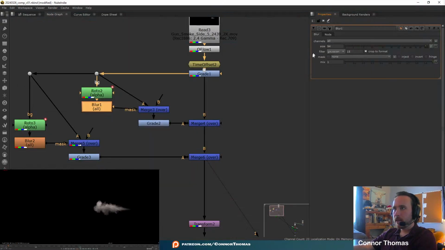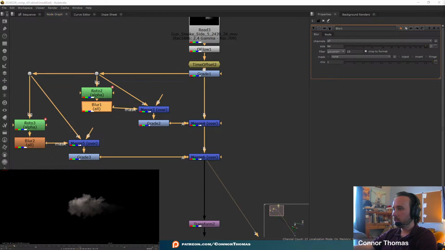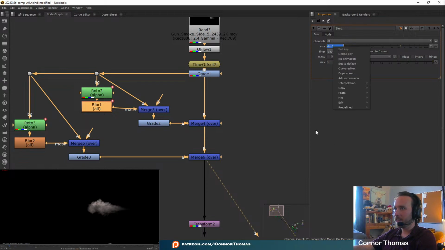Okay. And one thing we could also do is by selecting this blur node here, we can actually keyframe different parts of it. So, for instance, this amount of blur here is good, but maybe on this frame here we want it to have less blur. That way it's not as encompassing of our entire shot. So now if we play that back,